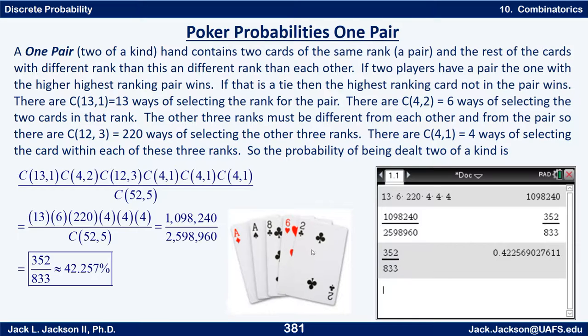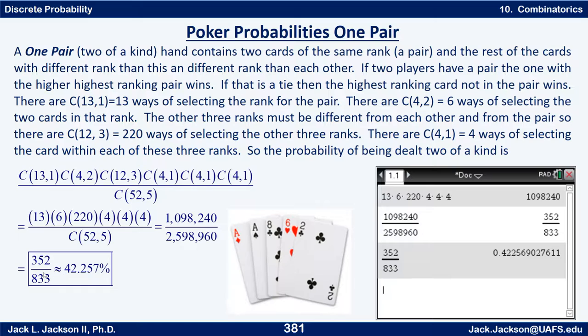They all have to be different than each other and different than the one that's here. So that leaves 12 ranks to choose from here, but we're going to choose those ranks all to be different. So that would be 12 choose 3, which is 220 for those 3 ranks. And then once those are picked, you can pick 4 cards in each one, 4 choices in each one to pick 1 card each, 4 choose 1 or 4 each. So it's 13 times 6 times 220 times 4 times 4 times 4 is